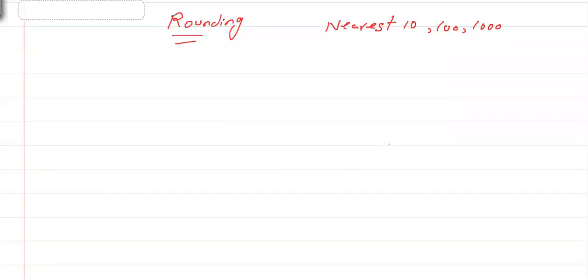Okay. Thank you, sir. Okay, for rounding to the nearest 1000, just like when we were rounding to the nearest 100, what we used to do, we used to look that 100 has two zeros, so the ending two digits we used to make zero. Now, in the similar way, when we round to the nearest 1000, the ending three digits we have to make zero. For example, I'm writing a few examples here and then you will learn. The rest of the rule will be the same.